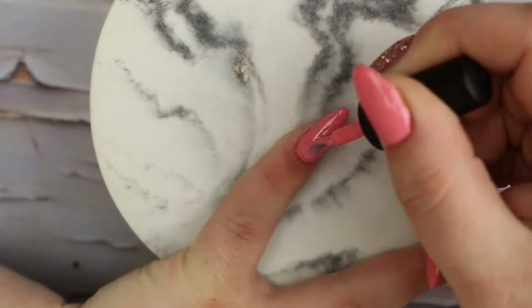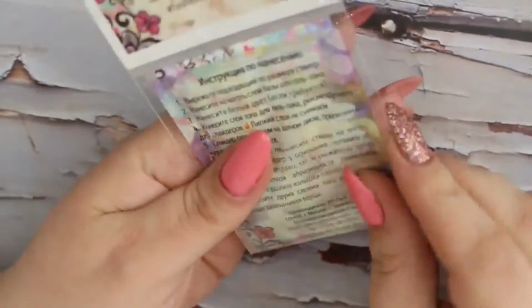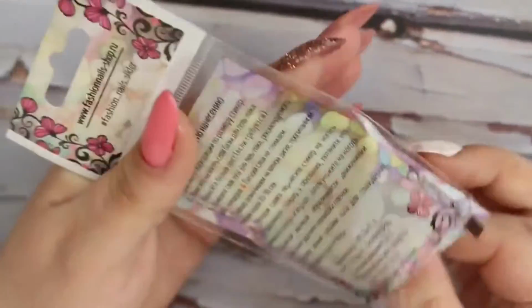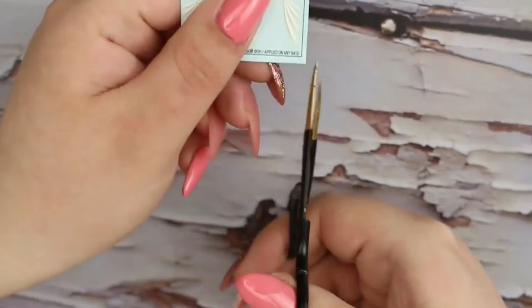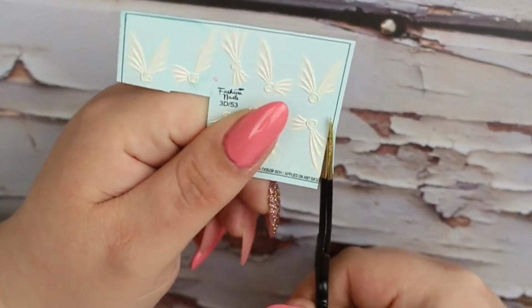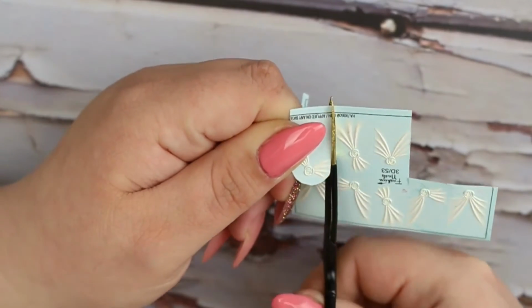So guys, moving right on to the fun part, and for my nail art today I decided to keep it a little bit basic. So I pulled out all of my water decals, and I found these absolutely gorgeous 3D ones by Fashion Nails. I picked these up from El Corazon absolutely ages ago, and they're really beautiful little white roses with some lace detailing on them, so I thought they were super classy and would be perfect for this